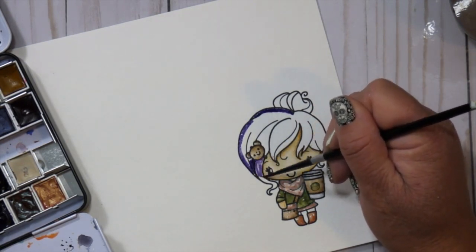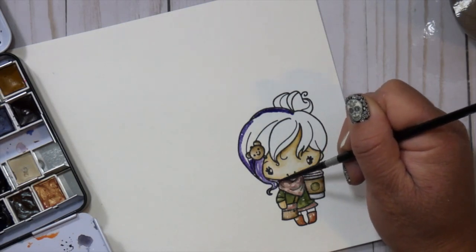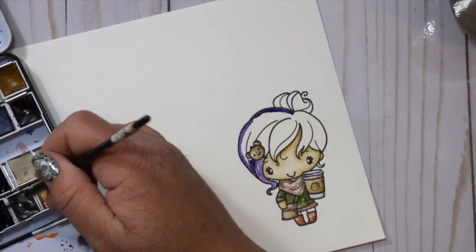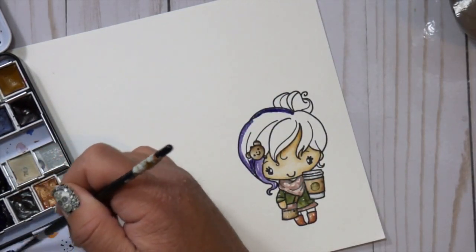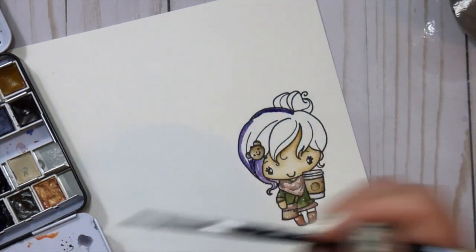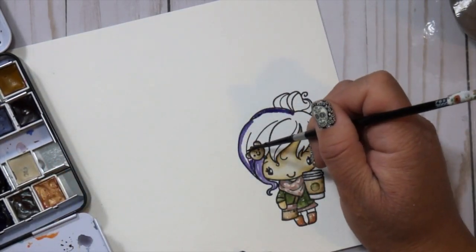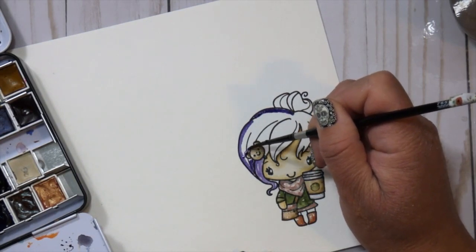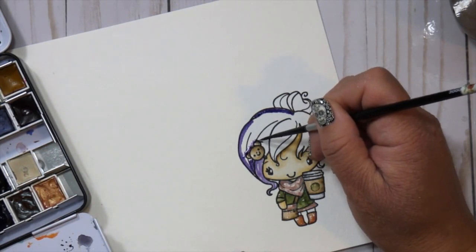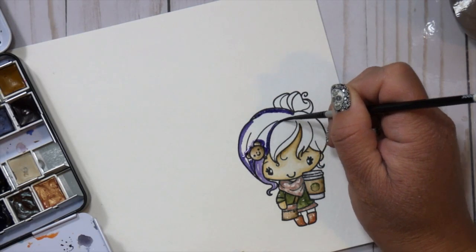And then I'm going to come in and I will clean my brush off and pull out that pigment with some clean water. But first I'm just mixing up the paint. So you can see I mix up the paint on my palette and water it down a little bit, and then I bring it to my image and I'm just going around still, taking it piece by piece, and this is just preference. I like to work in pieces in the hair, and so I'm just going around that whole area there,